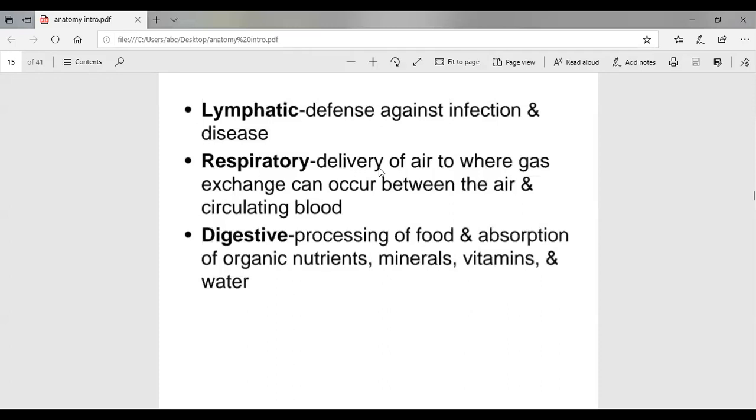Then respiratory system. Respiratory system is basically your nose, your pharynx, your larynx. That is the windpipe. You might not understand pharynx, larynx, but the windpipe goes to your lungs. So respiratory system, what does it help us in doing? It helps us in breathing. It helps us in exchanging oxygen, carbon dioxide, and waste materials in our breath with the environment. So exchange of gases is done with the help of the respiratory system, and digestive system is very easy. It helps us in eating food, digesting food, and removing the waste material.